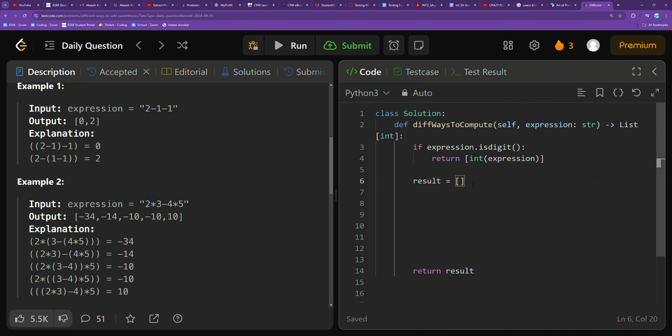So to recursively call and do the recursive division part of this, I'm going to say for i, character in enumerating through the expression input string, I'm going to check something. I'm going to check if the character that I'm looking at is actually an operator. So basically if it's in the string that we can define as a plus sign, a minus sign, or a multiplication sign, if it's one of these valid operators,